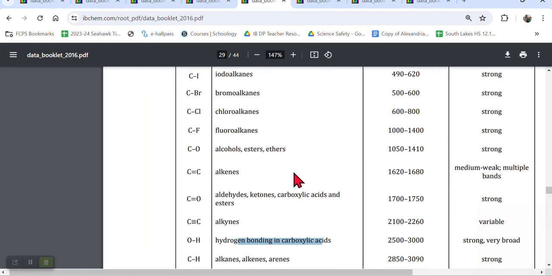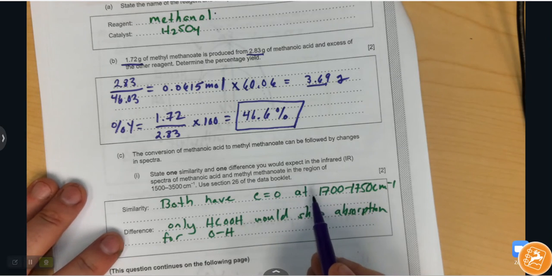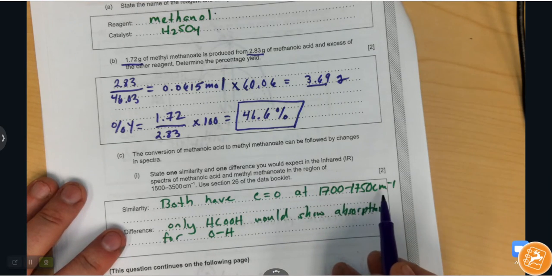One thing they'll both feature is the carbon-oxygen double bond, because both in the carboxyl group and in the ester you have your C double bond O. But one thing the carboxylic acid will have that the ester does not is the OH absorption for the hydrogen bonding in the acid. So for the similarity, both will have the carbon-oxygen double bond absorption between 1700 and 1750,